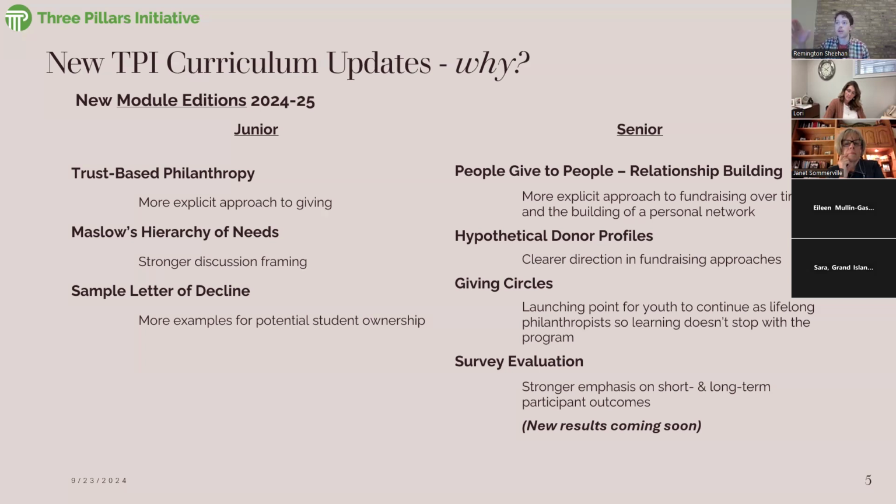In the junior year, you have Maslow's hierarchy of needs. Again, same thing. We had the giving ladder in the past. The point of that isn't so much to say specifically these words to the students in this order, but it's more the framing of this discussion: what is deemed important in philanthropy? How do you determine what is good or what is bad, or what you should be funding or what you don't want to be funding? These are questions that students likely have never thought of in a specific way. And it's going to be really hard for them to understand, should I fund an arts program if we are not funding a food program, or should I feel fine with that? It's just bringing those thoughts to the forefront of their mind. And this is one framing that we want to do with it.